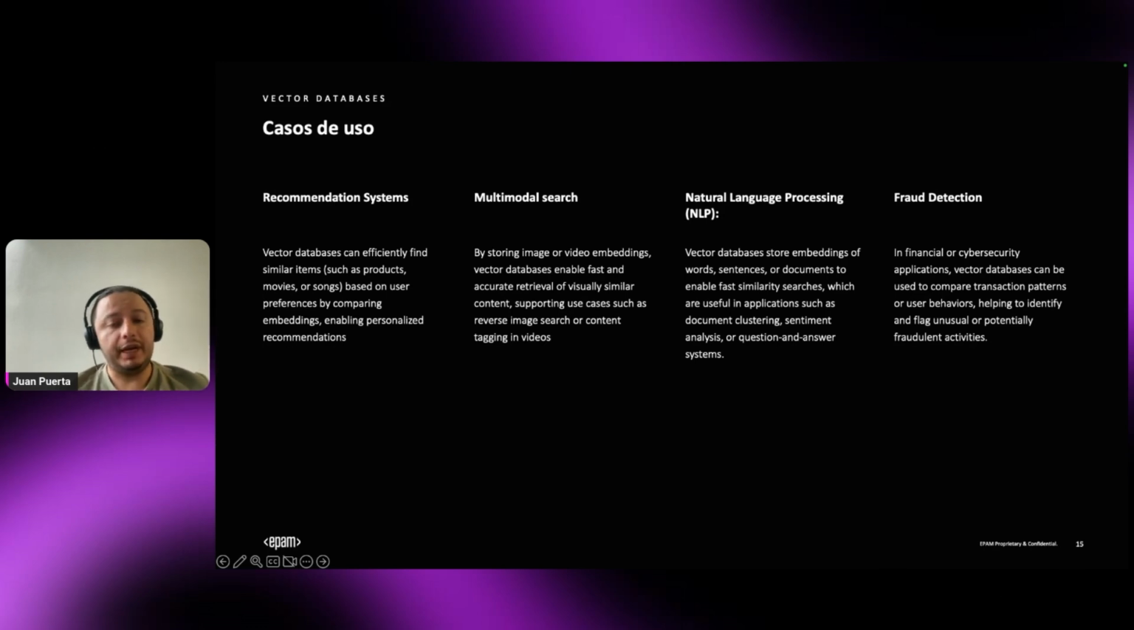Multimodal search: as I mentioned before, today we are using only text embeddings, but you can store image, audio and video embeddings. So with a single query, you can retrieve different types of data. You can even imagine the scenario of using an image as the query and then getting some related data